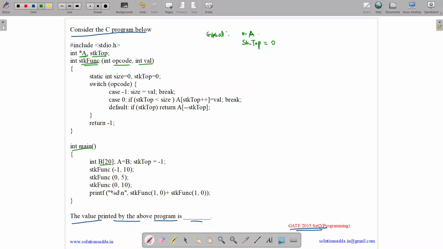So what does the main function do? It initializes an array b. Then it does a equals b, which means a also points here. Then it does sk top equals -1. So sk top becomes -1. Now it calls the function with -1 and 10. So we come over here, opcode gets -1 and value gets 10. Now here we have a static variable. Static variables are given memory during compile time only. So we have size and its default value is 0 only, and sk top